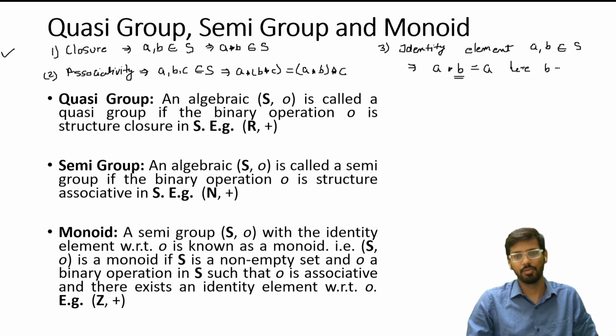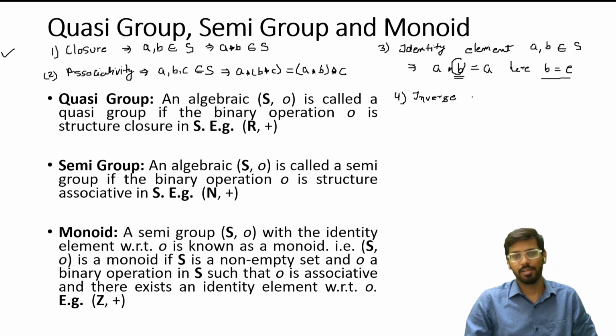Here B is equal to E. हम आइडेंटिटी एलिमेंट को ई से डिनोट करते हैं। तो यहाँ पे जो बी है वो आइडेंटिटी एलिमेंट है, क्योंकि अगर हम किसी सेट के किसी एलिमेंट ए को बी से ऑपरेट करते हैं तो सेम वही एलिमेंट हमें प्राप्त होता है।